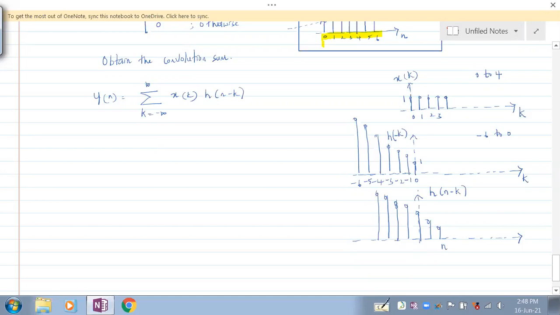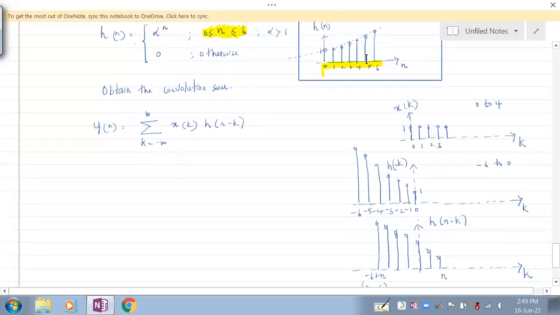Fine. So let me not give names to this intermediate stuff. So this is n minus 6, or we can say minus 6 plus n. Since 0 stands at n now, this is minus 6 plus n, or we can say it is n minus 6. Everybody understand? This is n minus 6. So h of n minus k goes from n minus 6 to n when this x-axis is k. Is that okay with you, everybody?